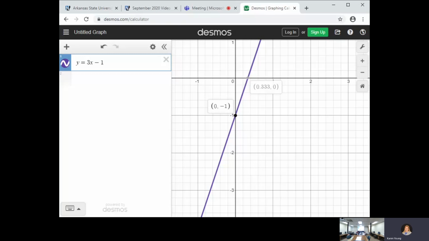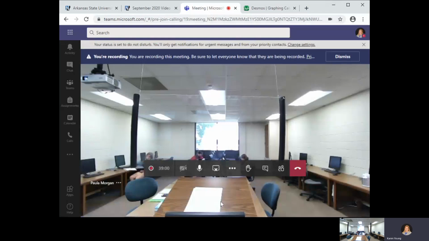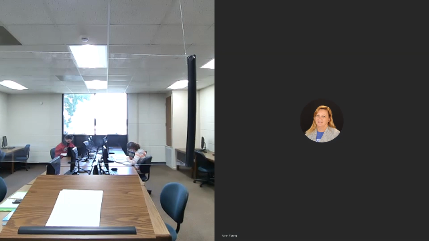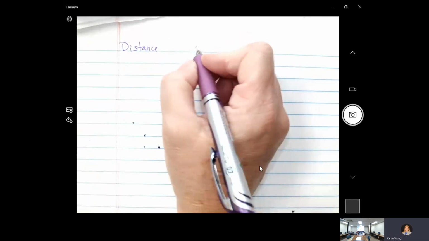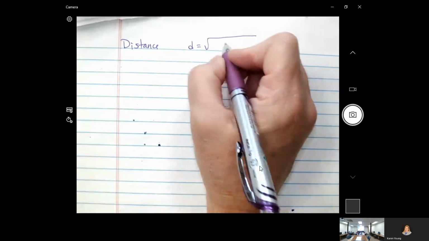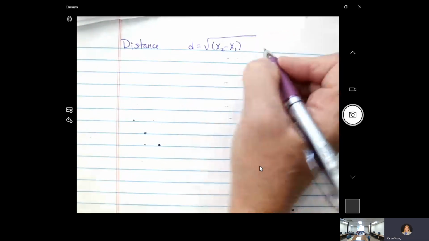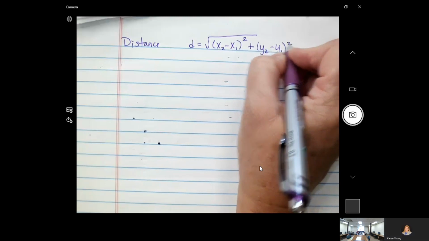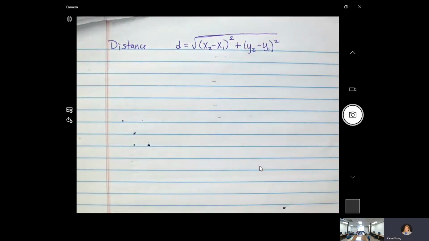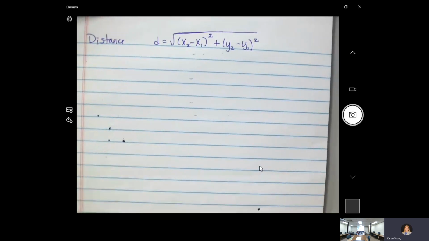One of the activities we're going to do is using the distance formula. Our distance formula is d equals the square root of x2 minus x1, so the difference in our x's, you square that value, plus the difference in our y's squared. So if I want to find the distance between 2 points on a graph,